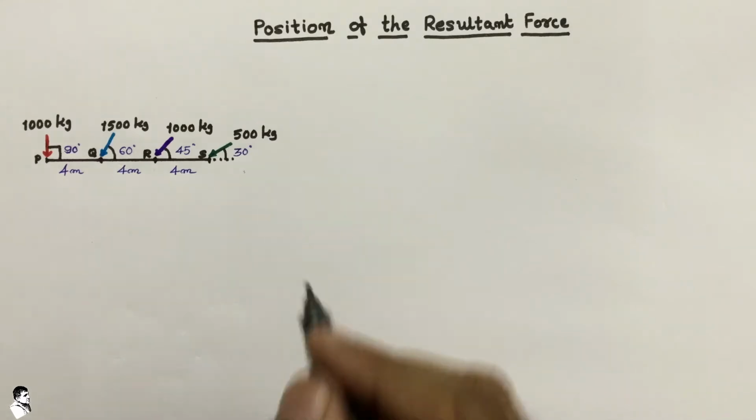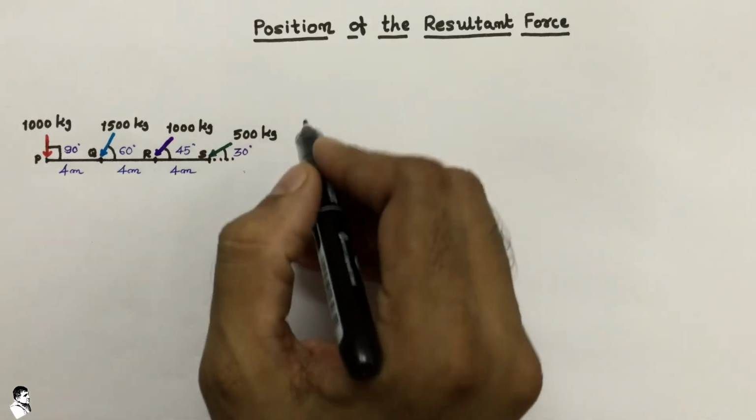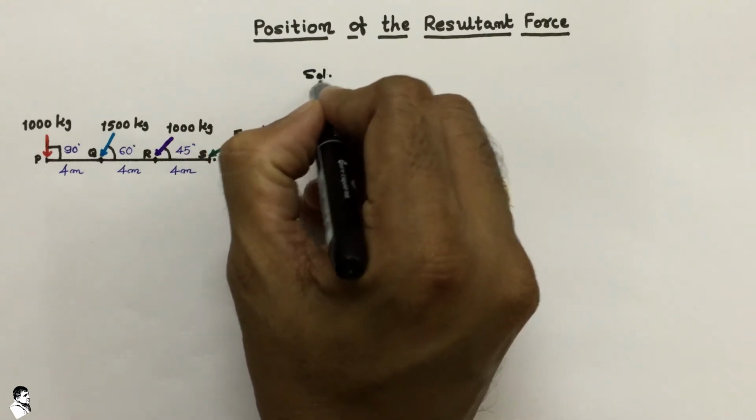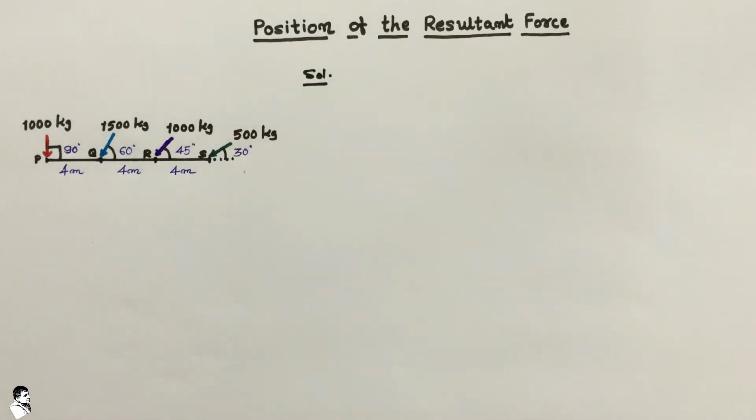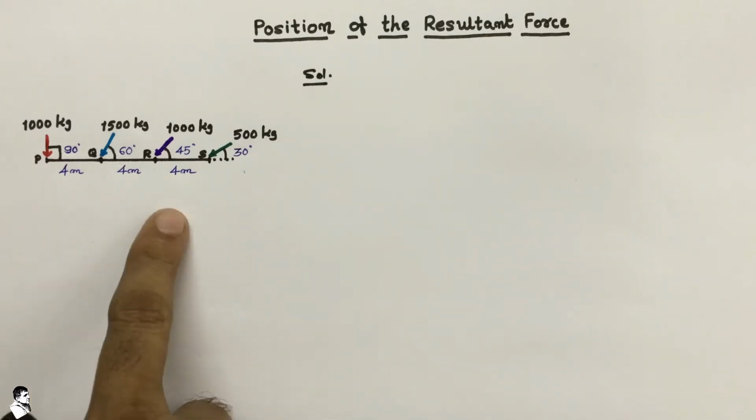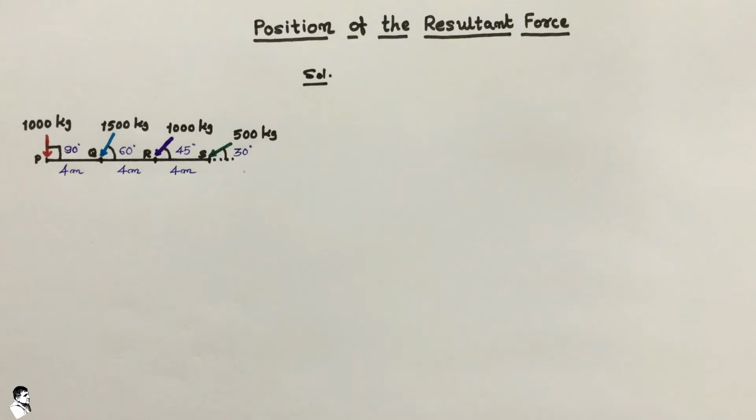So let us find the solution of this problem with a graphical method. First of all, from the space diagram we have to generate one vector diagram,